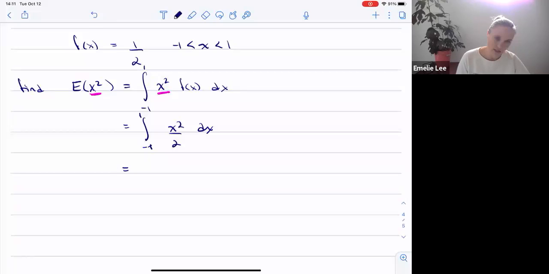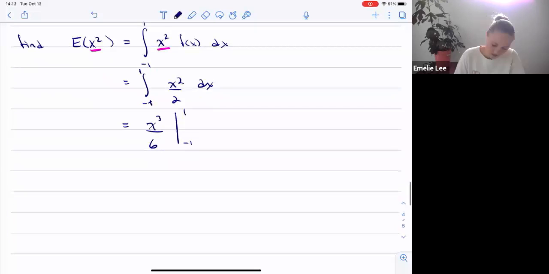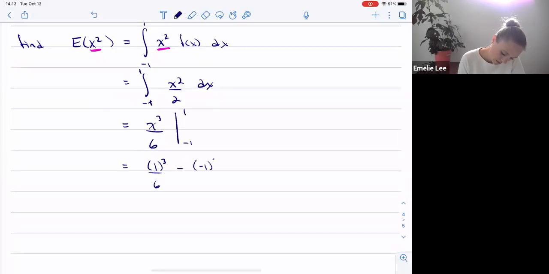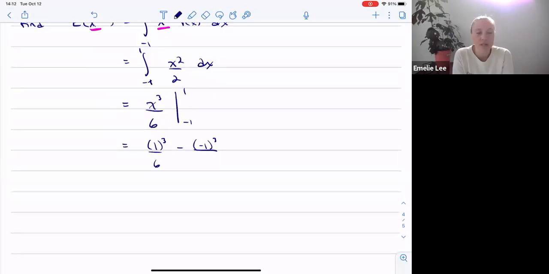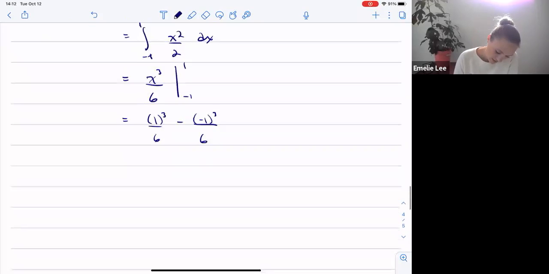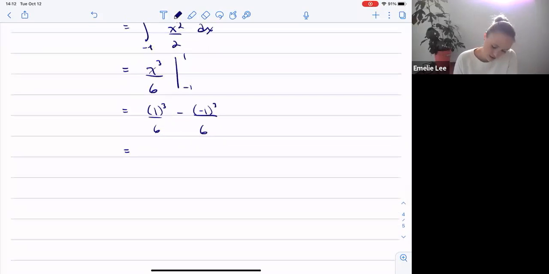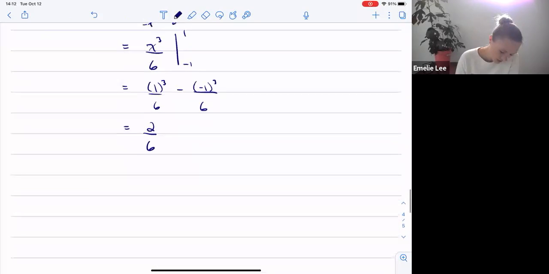And if I evaluate this, it becomes x to the 3/3 times 2, which is x to the 3/6 from -1 to 1. If I evaluate this, then I get 1 to the power of 3/6 minus -1 to the power of 3. Remember, when you take a negative to the power of 3, it retains that negative, right? So then I have 1/6 plus 1/6, which is 2/6, which of course reduces to 1/3,